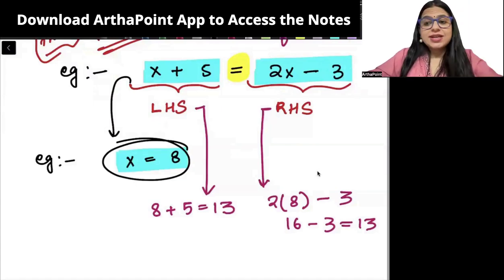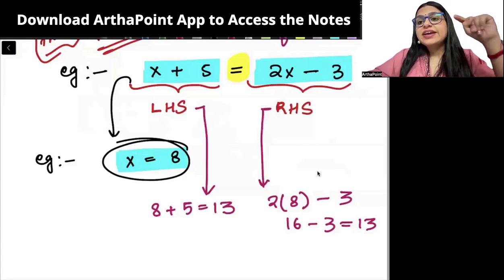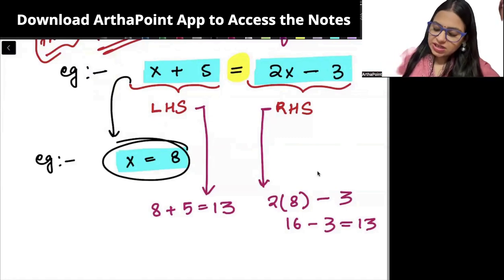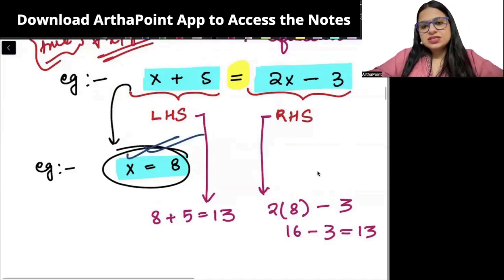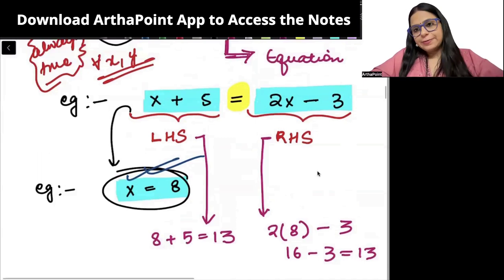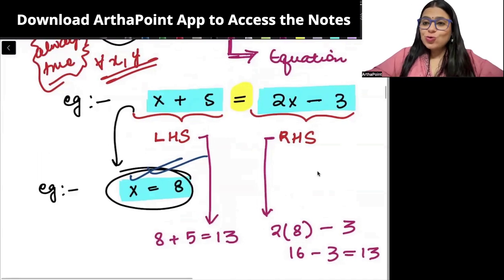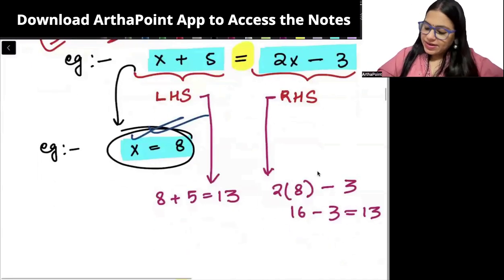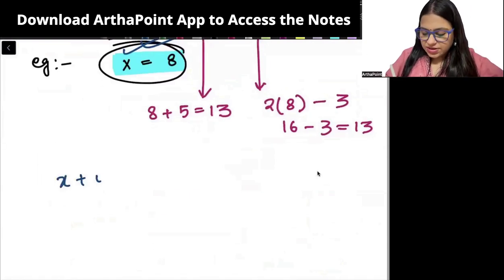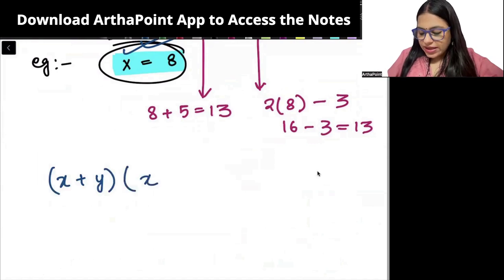So this is just an equation. ये हर x y के लिए true नहीं है. It is only true for one particular value of x. ये सिर्फ x equal to 8 के लिए true है. It is only true when x is equal to 8. Otherwise it is not true. So this is an equation. But tell me something. अगर मैं ये लिखती हूँ कि x plus y into x minus y is equal to